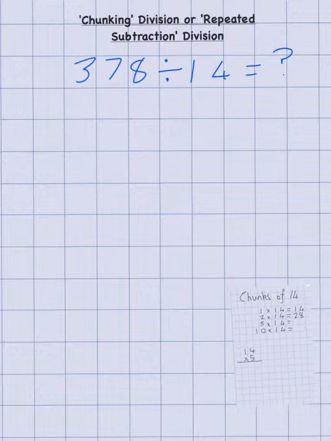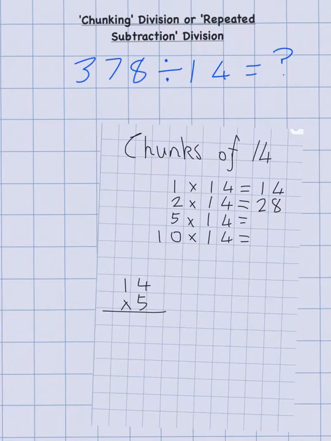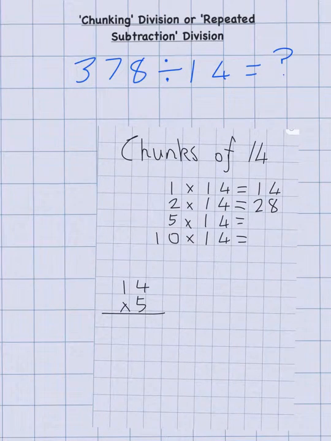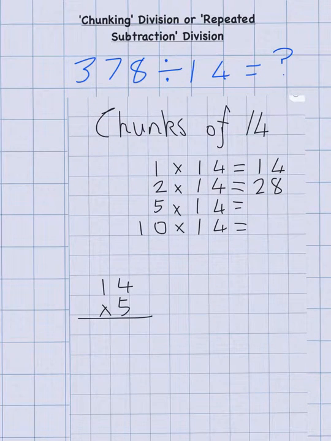Now, in order to use this method, we need to prepare chunks of the divisor, and the divisor in this question is 14. So we need to prepare chunks of 14. When I say prepare, I mean we need to write out some of the multiples. 1 times 14, 2 times 14, 5 times 14, and lastly 10 times 14. So as you can see, I have already prepared the 1 times 14 is 14, 2 times 14 is 28,